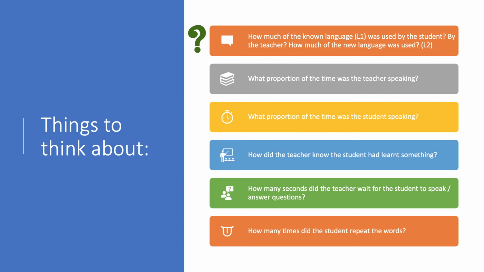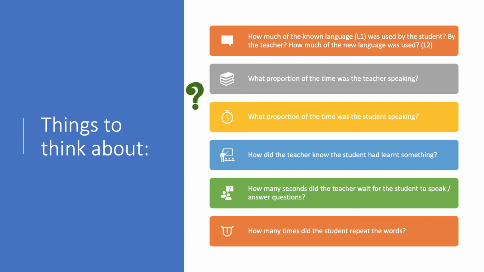Yeah, absolutely. So in your lesson, I was speaking most of the time. In my lesson, I was speaking most of the time as well. So the communicative approach really makes the student do the heavy lifting. That's the important point, yes, that the students do the work. And that leads us to the next question about the proportion of the time the teacher was speaking. I think it's quite clear that in the communicative approach, it was a lot less than in the grammar translation approach. We could argue about it, maybe for correction. So we can argue about percentage.